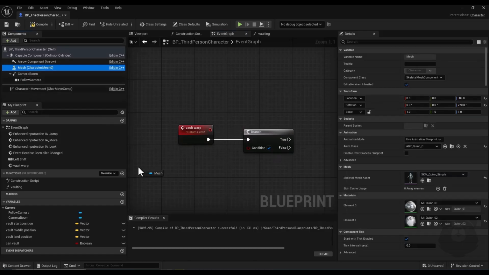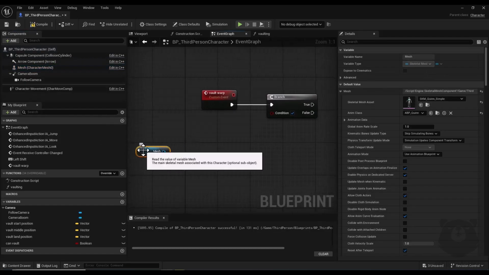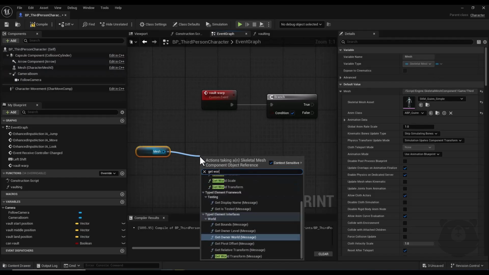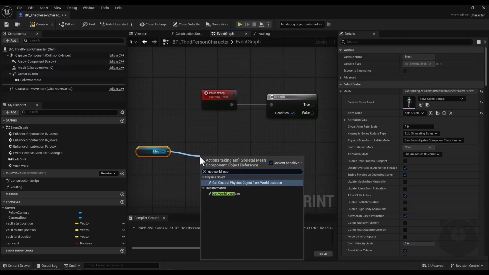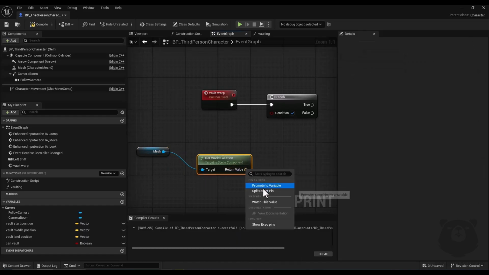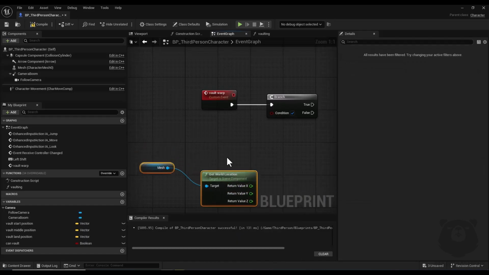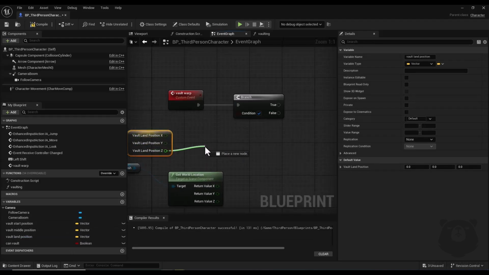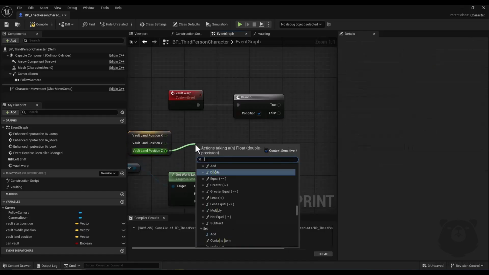Now I drag and drop my mesh component here, and now I drag a node and search for get world location, and I right click and split extract pin, and I also get my vault land position here, and I also right click and split extract pin, and now I drag a node from this Z position and search for in